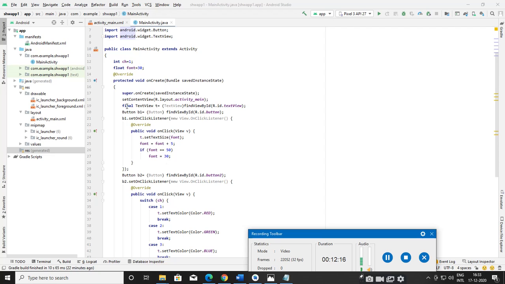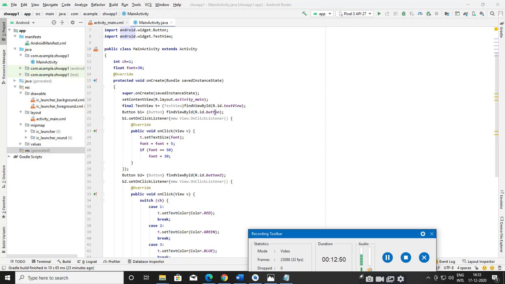So see here, first you have to create the object for the text view and also the button. Here T is an object of the class TextView, and then I have created an object B1 of the class Button and also B2 for the class Button, because our application has one text view and two buttons. See, this T refers to the text view of our application, and the button B1 refers to the first button.